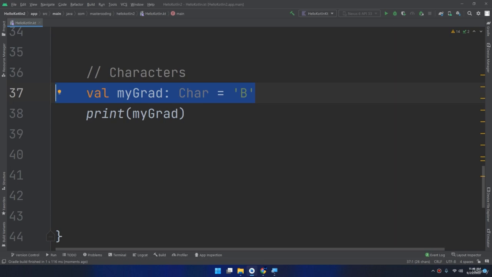Unlike Java, you cannot use ASCII values to display certain characters. The value 66 would output a B in Java. So if I put 66 here in Java, it will accept it and it will print B. But in Kotlin, it will generate an error telling that the integer literal does not conform to the expected type Char. This is how we can create the character data type in